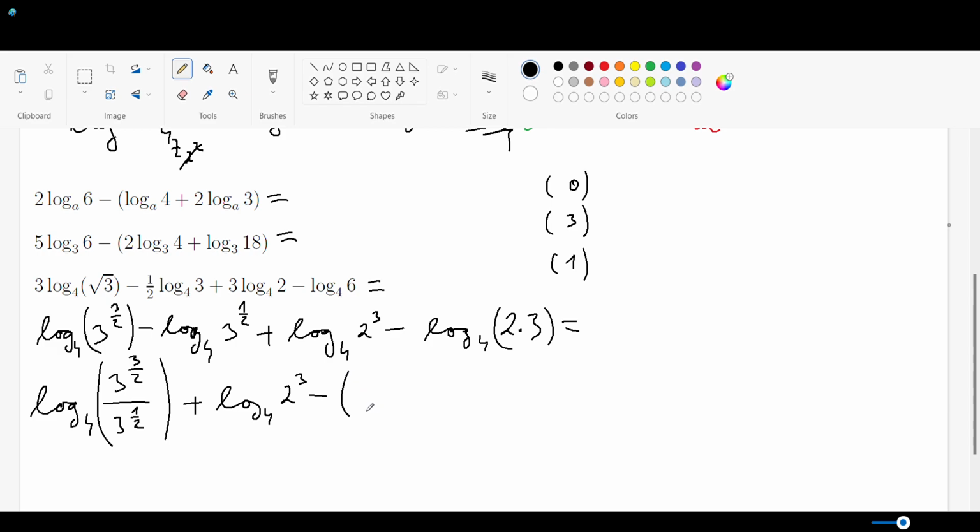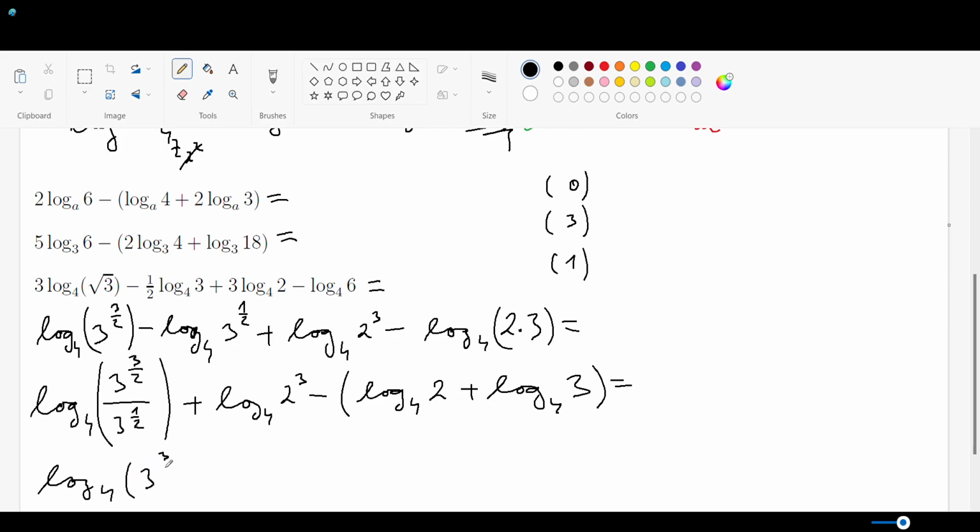You put the parentheses here and you can use the product rule again for logarithm base 4 of 2 plus logarithm base 4 of 3, okay? This is equal to, you can simplify the expression in these parentheses as you already know the rules for the exponents, and it means you just subtract 3 over 2 minus 1 over 2,